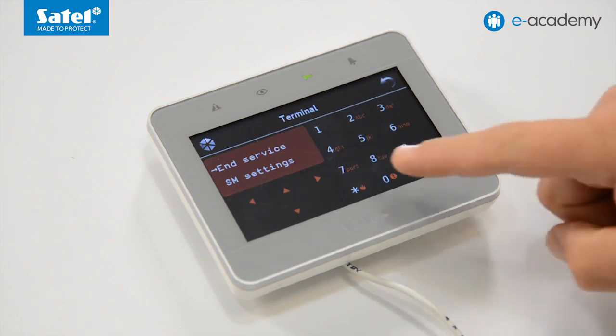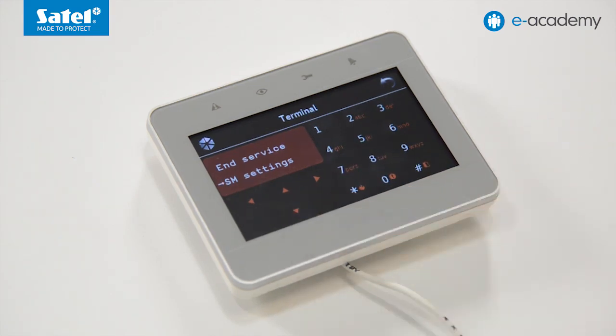Use the arrow keys to select Intern, Structure, Hardware, Identification, Keypad addresses. The display will show the "This LCD address" message and digits in brackets next to it. For example, 0, 0 to 7. It means that the current physical address of the keypad is 0. You can leave it or change it by selecting one of the digits from 0 to 7.